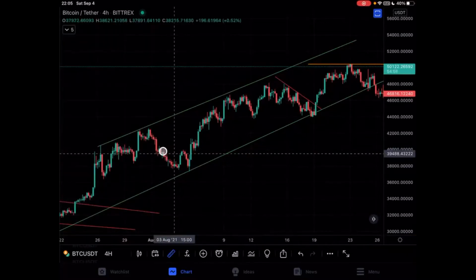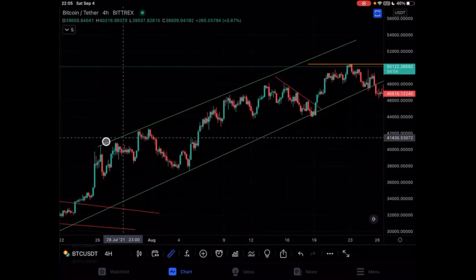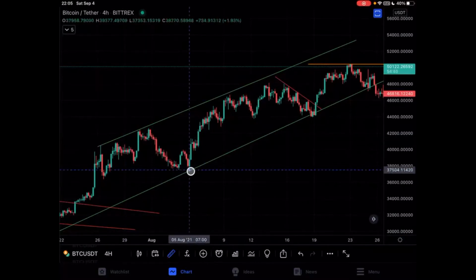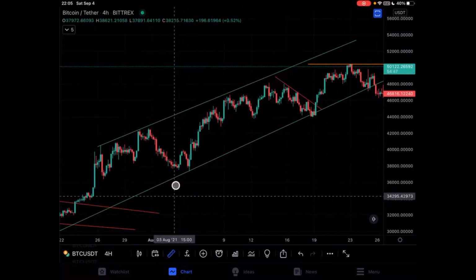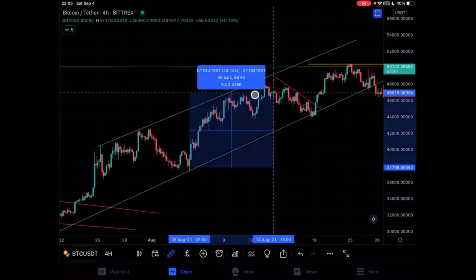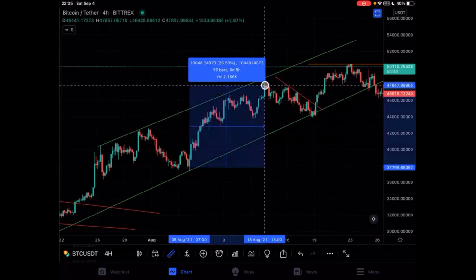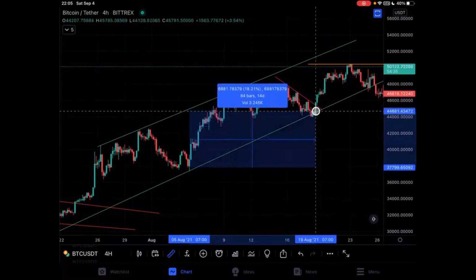So after we could identify this channel, we have an upper range here, and then we had a lower range after these 2 lows connected. So there's 4 days back to the top of the channel where you can see a retest. It tests again and comes back down after 8 days. Comes back down after